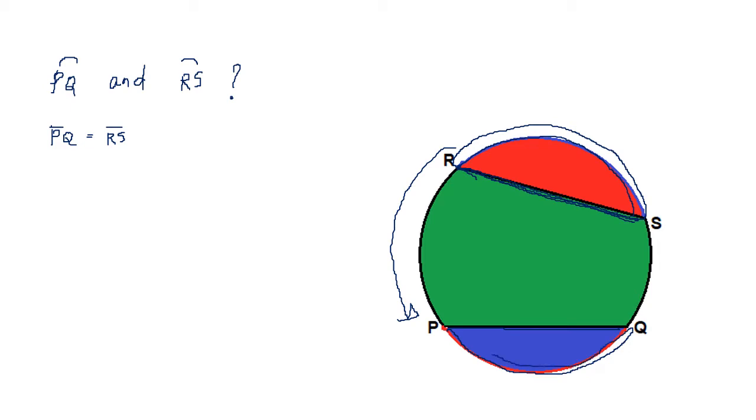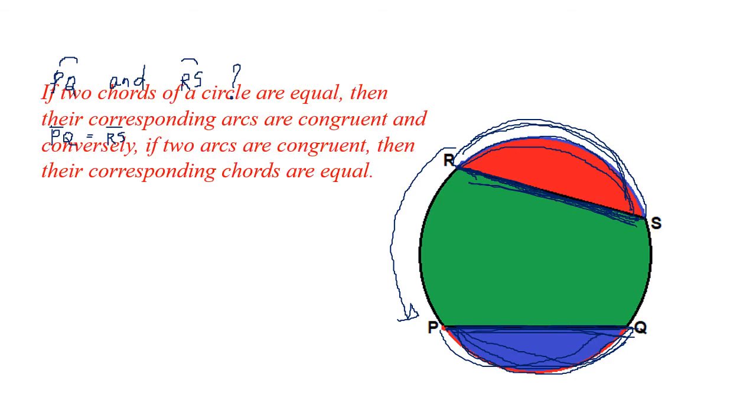You will have to do an activity to show that in the same circle or congruent circles, when the chords are equal, then the corresponding arcs are also equal. Will you remember? So in the circle, when I draw the chords equal, then the arcs formed by the chords, the corresponding arcs, will also be equal. This can come through an activity. So when the chords are equal, the arcs will also be equal. Right?